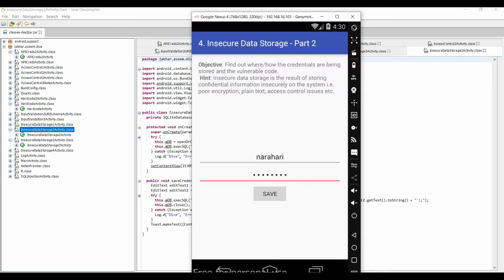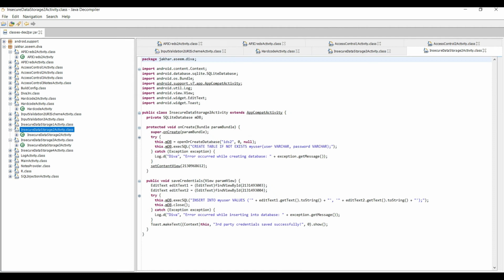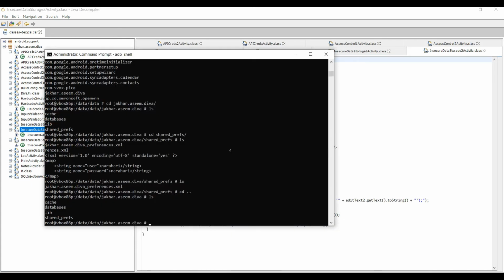Now we have to do insecure data storage part 2. This is the insecure data storage 2 class. From the source code we can observe they are opening the database ids2 and creating a table if not exists myuser. From this we can understand that we have to get into this using the database.